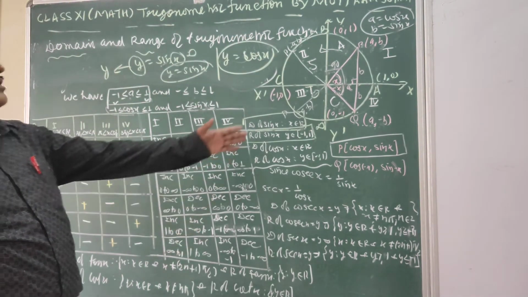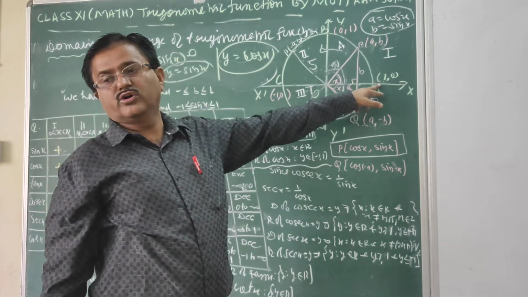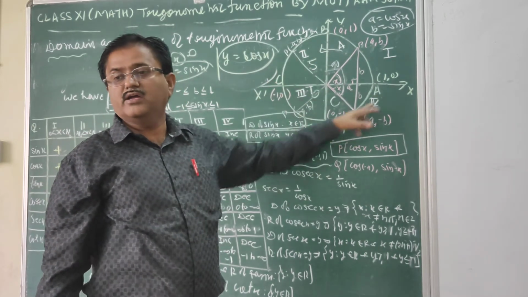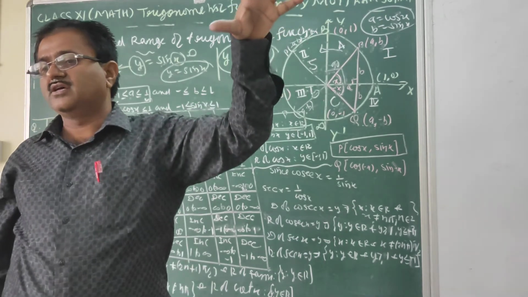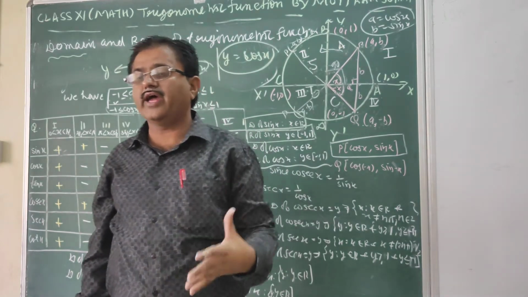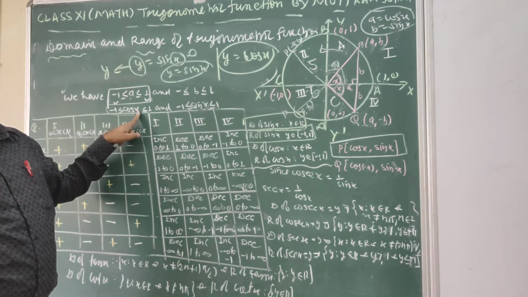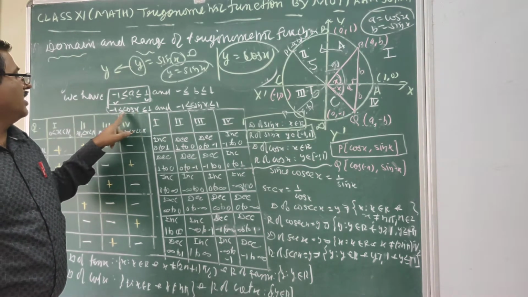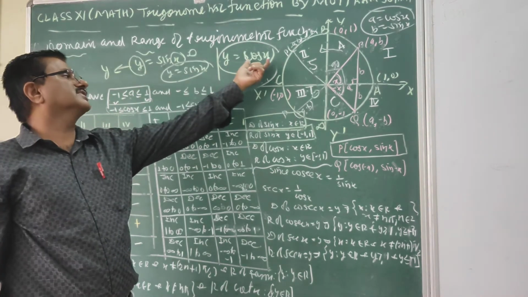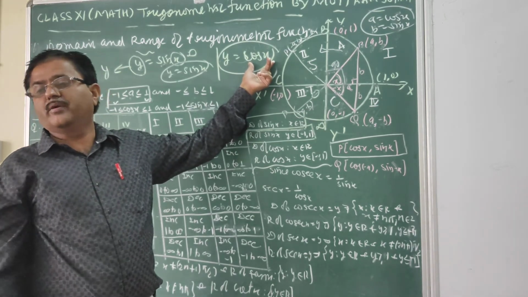When you put any value in cos, whether it is 0 degrees, pi by 2, 3 pi by 2, pi, 4 pi, 7 pi, any radian, if you put it as x, then we get the corresponding value of y, that is cos x. We already discussed that for any real number x, the value of cos x lies between -1 and 1. So cos x exists, or is defined, for all real numbers.